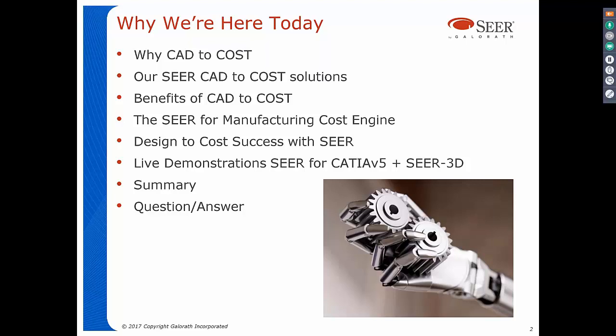Dan's going to provide some real live demonstrations of all the interfaces we have in SEER for CATIA V5 and our SEER 3D product. Once we've done that, we'll summarize everything we've gone through today and hopefully leave plenty of time for any questions you may have. So without further ado,